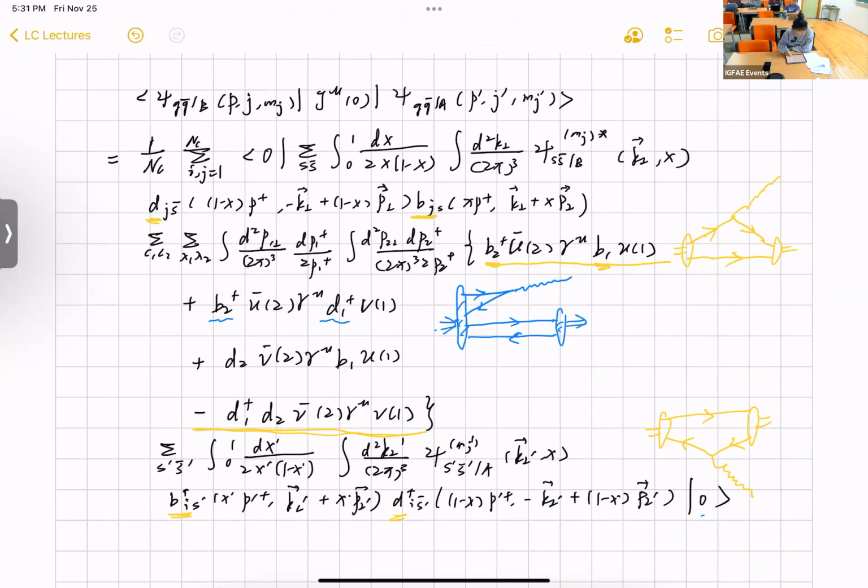Initial and the final. Of course, I could have more spectators. So this would correspond to the contribution when I have the higher Fock sector component in the meson state. And then similarly, the third term is the opposite to what I drew here,